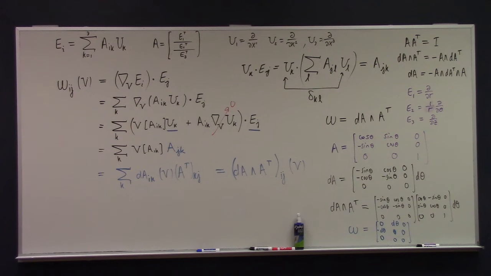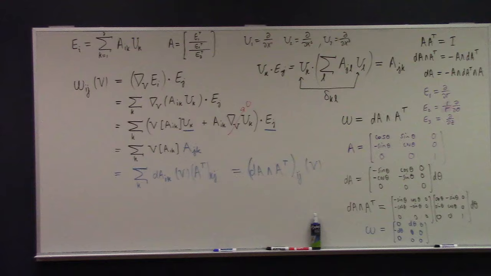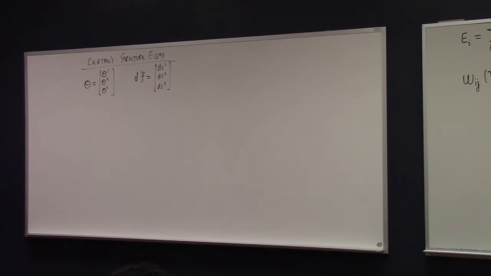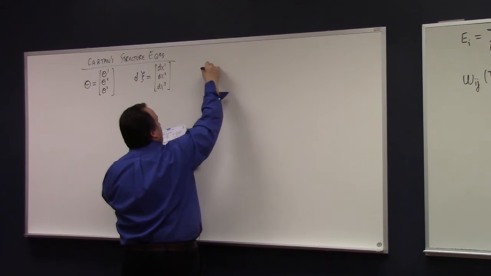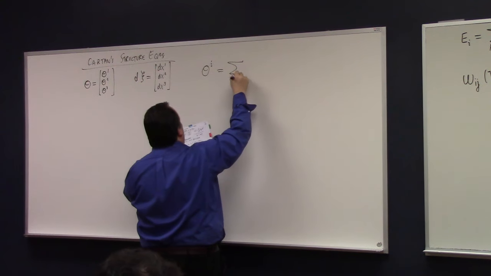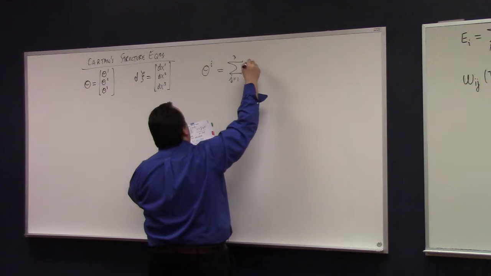First of all, theta is going to be the vector of the coframe, theta 1, theta 2, theta 3. And also we like to use d squiggle as the vector of the Cartesian coframe, dx1, dx2, dx3. Furthermore, when you study this, you'll find out that the attitude matrix, by definition, relates the Cartesian frame and the non-Cartesian frame, like the E_i to the U_i, right? It turns out, when you work it out, that the same rule goes for the coframe. It's actually true that theta_i is equal to the sum, j equals 1 to 3, of a_ij